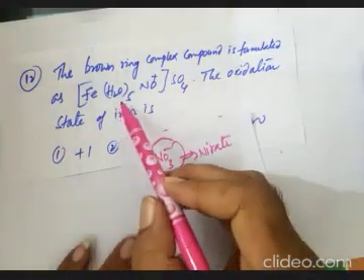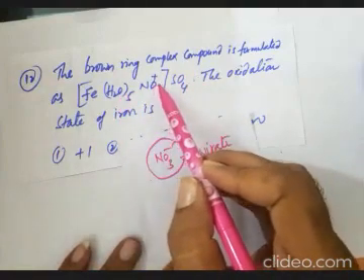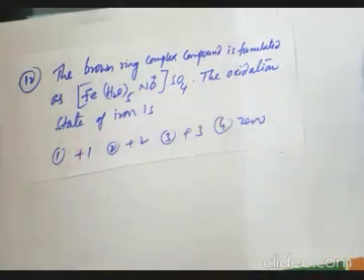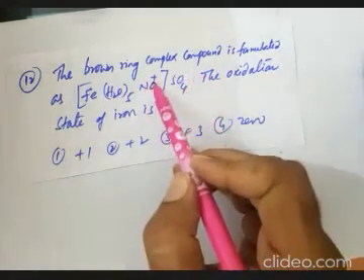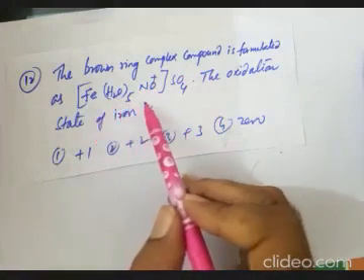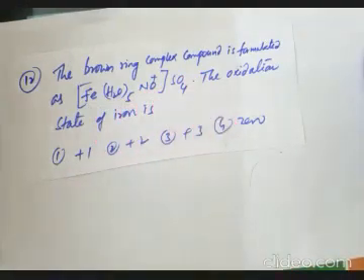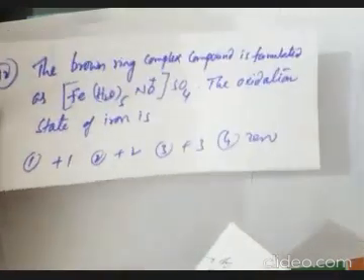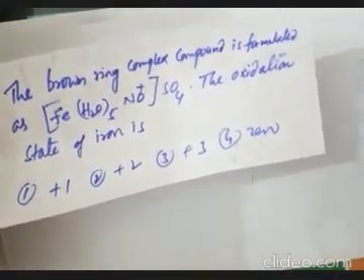Here H2O is neutral, 0, SO4 is -2, NO is +1. So you will get the correct answer: x plus 5 into 0 plus 1 minus 2 is equal to 0. So you will get the answer +1 in the brown ring formula. What is the brown ring test purpose? And in the brown ring, the oxidation number of iron is also very important.